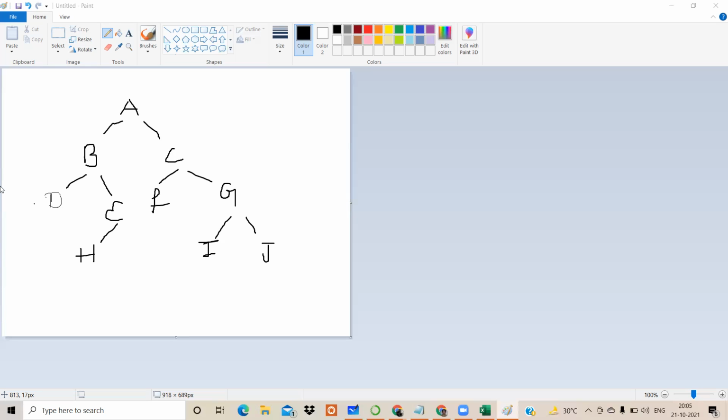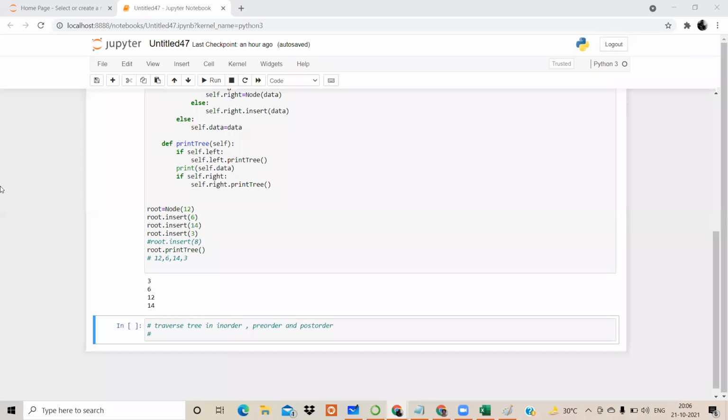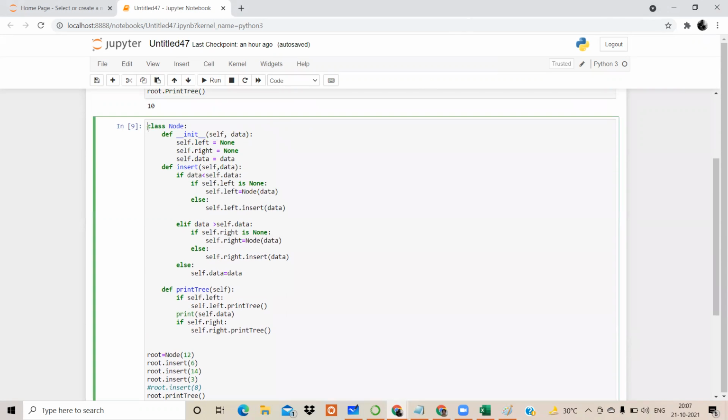So that means you have perfectly understood this part. So let us try to write the code for this: in order, pre-order and post order. In order though already the way we have written. So we will not write the new code क्योंकि पहले वाला logic तो same रहेगा. So I am directly copy pasting this logic as it is.